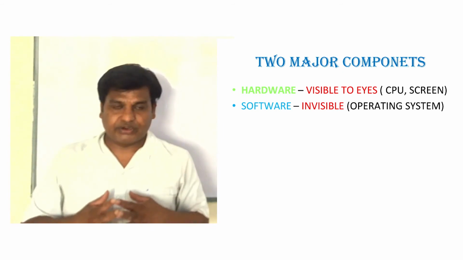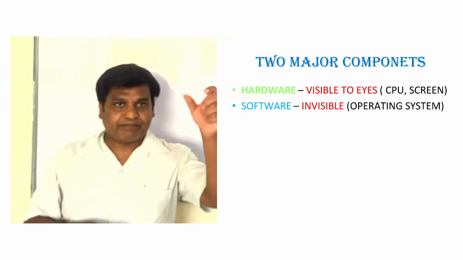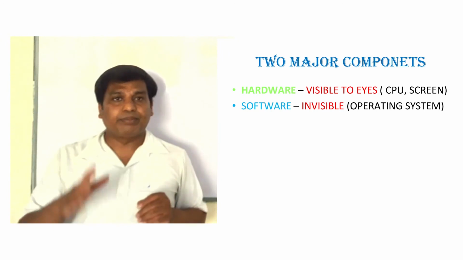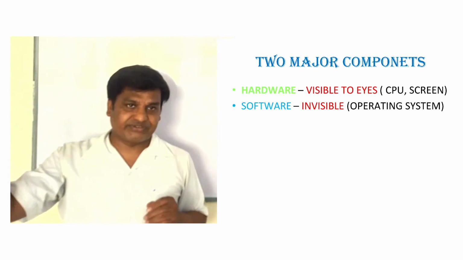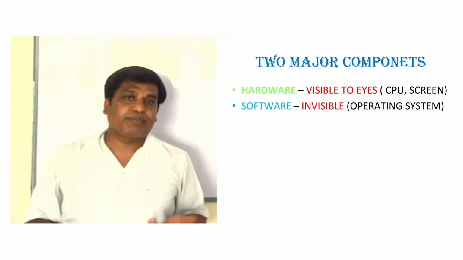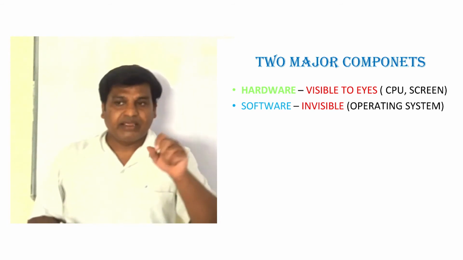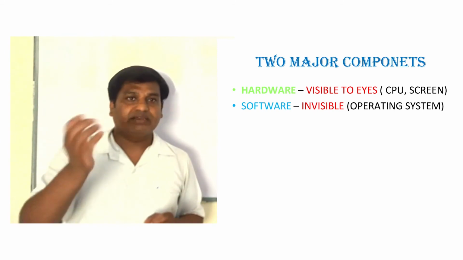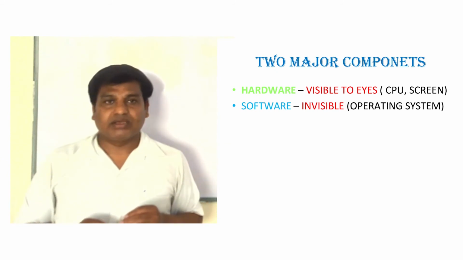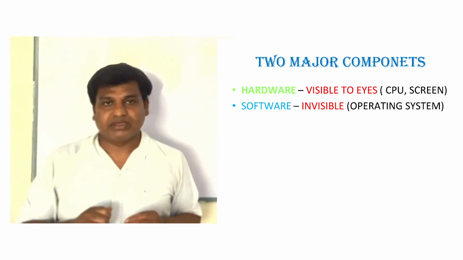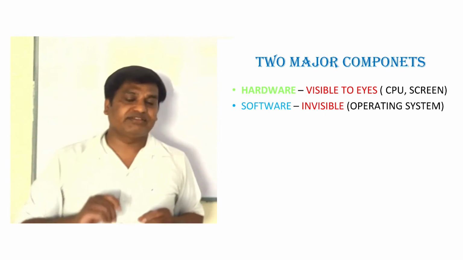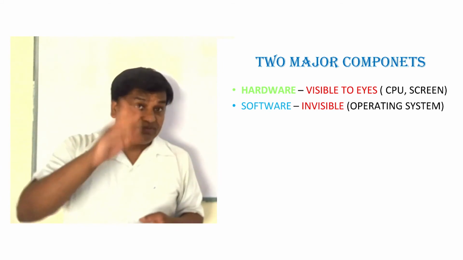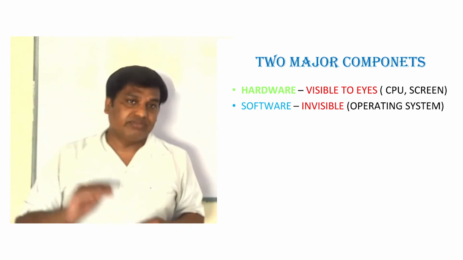What is system software, you can ask me. System software is a piece of software which helps the system to run. For example, operating systems, in short called OS. What is an operating system? It is a piece of software which helps the computer to run. For example, Windows is a well-known operating system. Linux is a well-known operating system. iOS is a well-known operating system, as well as Android, and there are so many other types of operating systems.